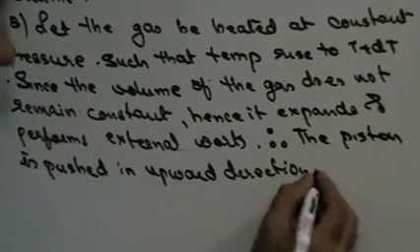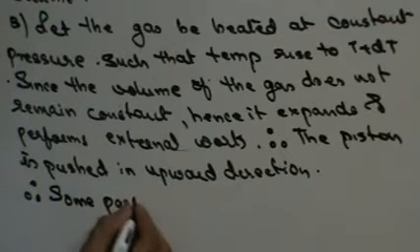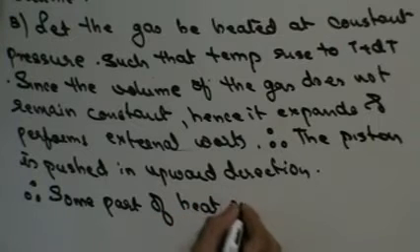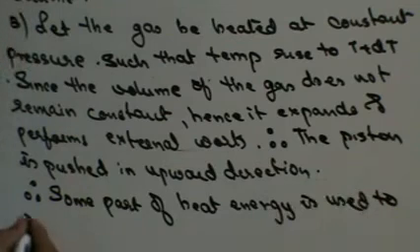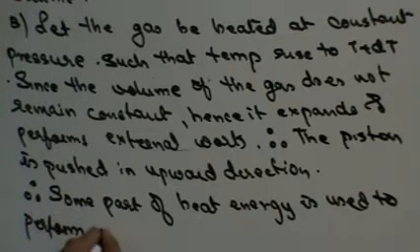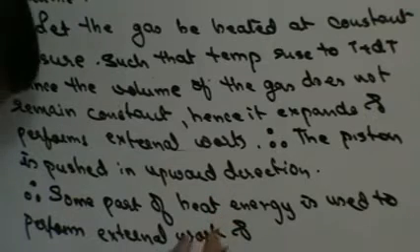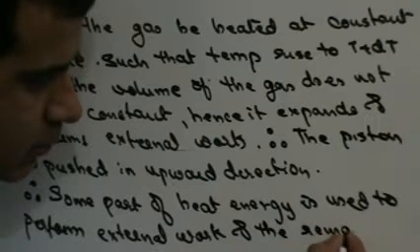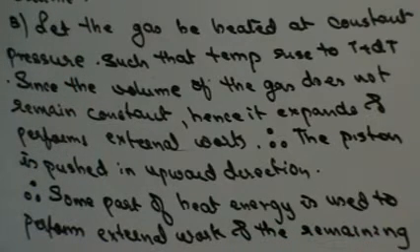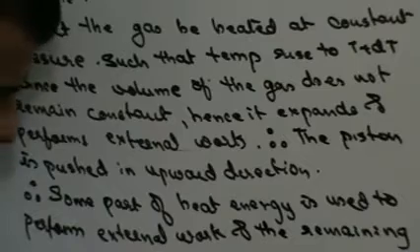So if the piston has moved up, I can say therefore some part of the heat energy is used to perform external work, and the remaining part is used to increase the temperature of the gas,